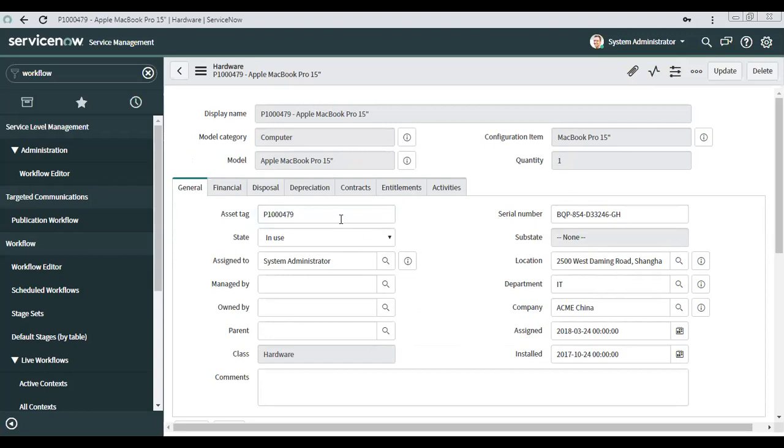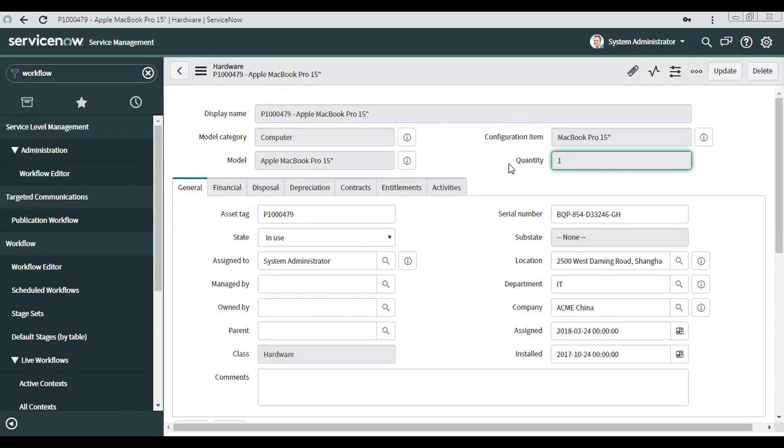This is P100. Is the configuration item also unique for this? Obviously. This says MacBook Pro 15, but there could be multiple MacBook laptops. For each laptop there will be its own record.